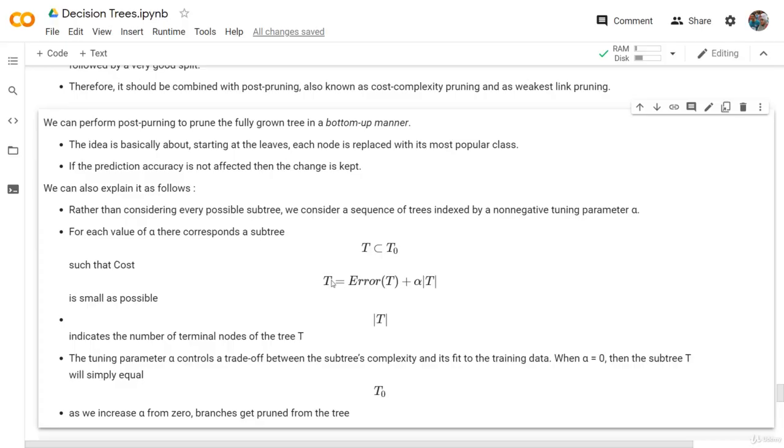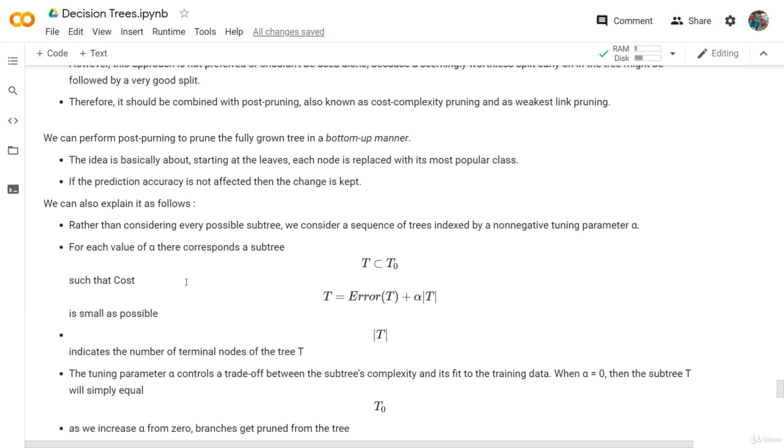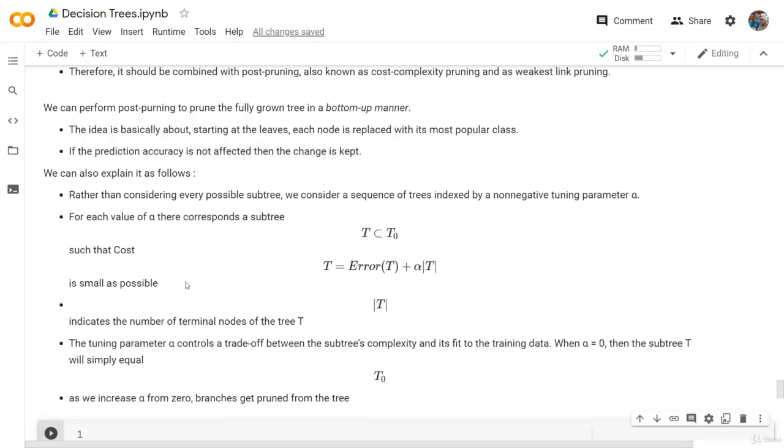So this T is the subtree, and this absolute T is the terminal nodes of the new tree. So if alpha is large, then this means we are giving a big penalty for the terminal nodes. So this means more and more branches will start to be pruned. Now, to understand all this better, let's go to the code and start seeing graphs and understand it better